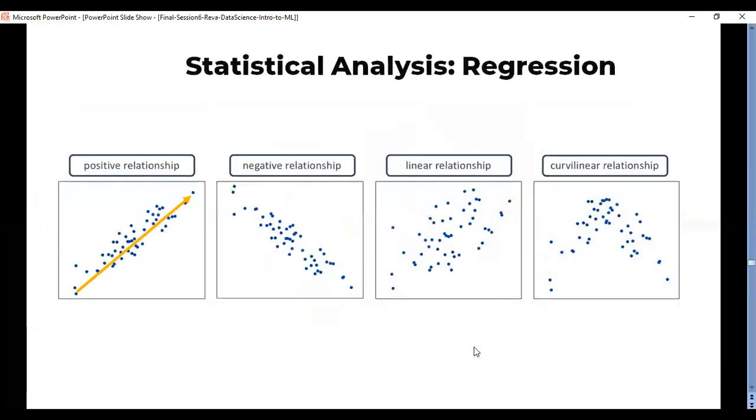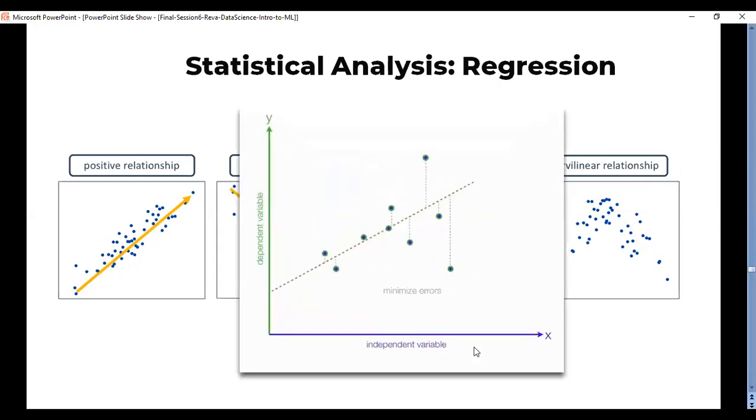Such relationships can be of several types. It could be positive, it could be negative, it could be a linear relationship, it could be a curved relationship. Linear regression is a way to further model such a relationship to determine a mathematical function that explains the relationship between a dependent and independent variable in a data set.